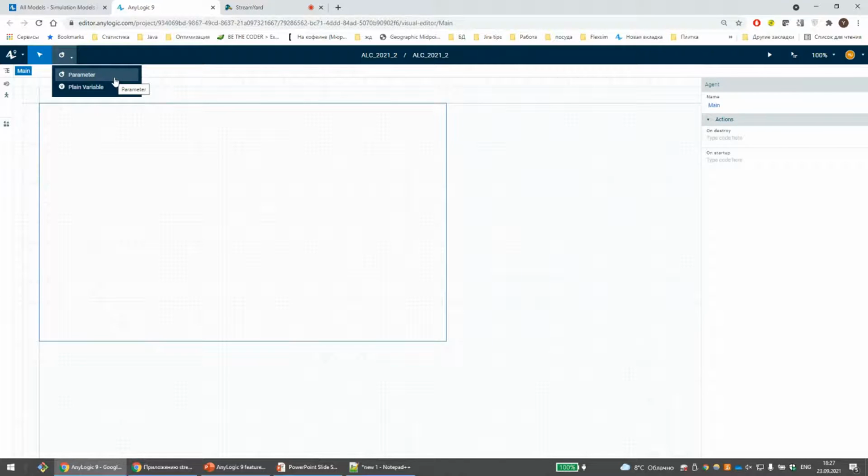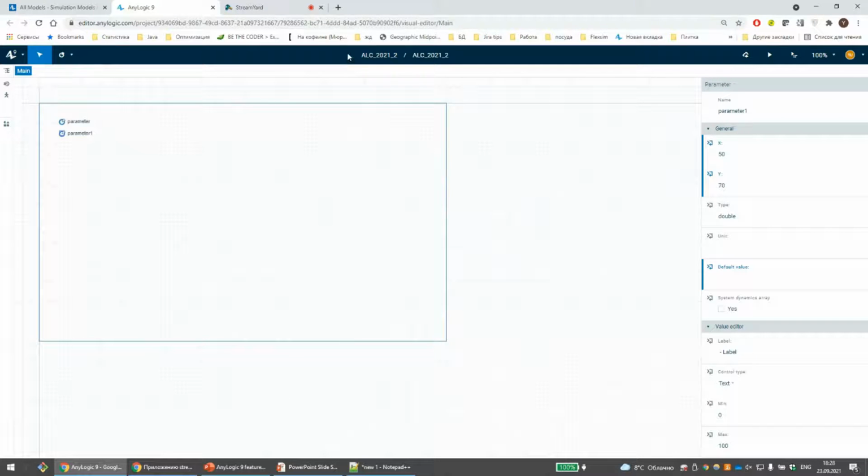One more cool thing is what we call multiple creation mode. If I click a parameter and click the canvas, then I have a new parameter created. I click again, and one more parameter is here. We know the pattern that people usually create several parameters one by one. That's why it's here.